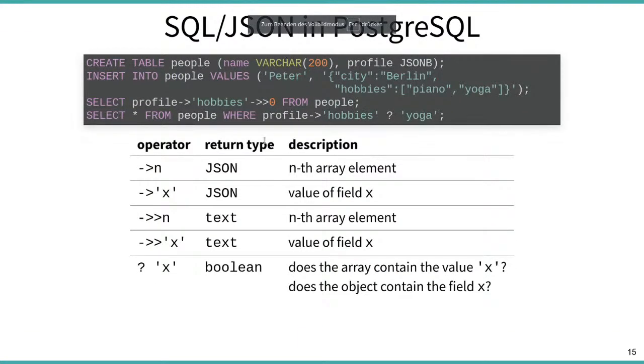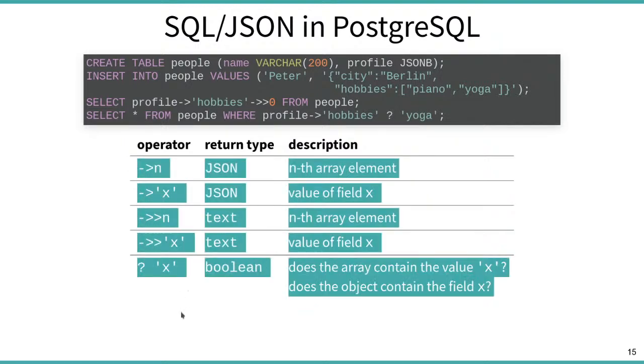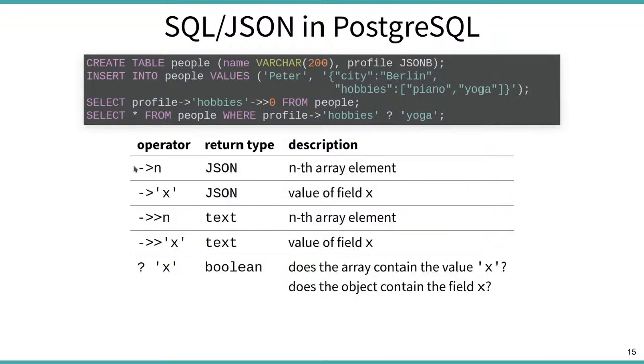In PostgreSQL, they introduced a lot of operator symbols. This is very nice if you know them, but if they are new to you, this can be confusing. Oh, do you need one of these characters or two? When do you need that one? And when do you use a question mark and so on? So let's look at these operators in some detail. Okay, first of all, the ones which double a character here